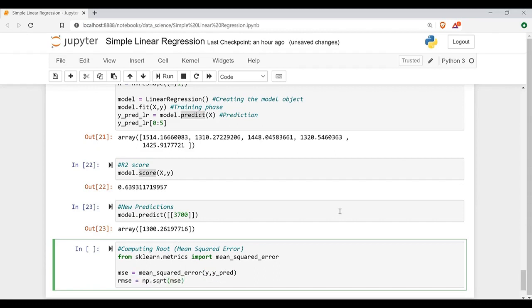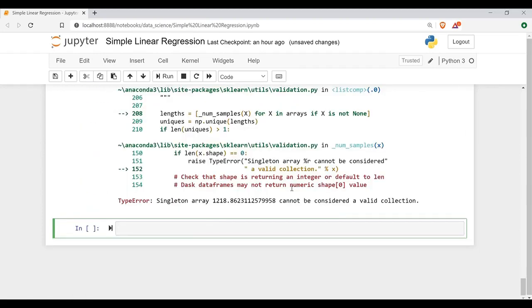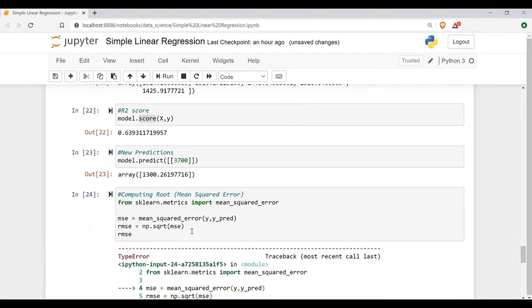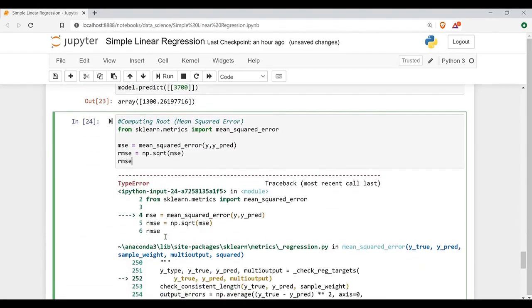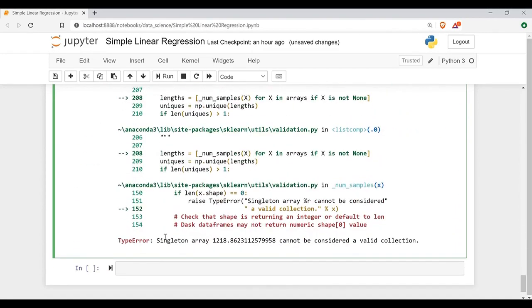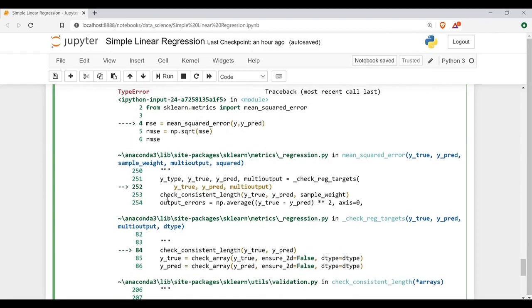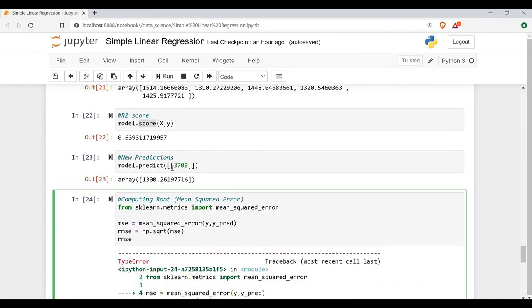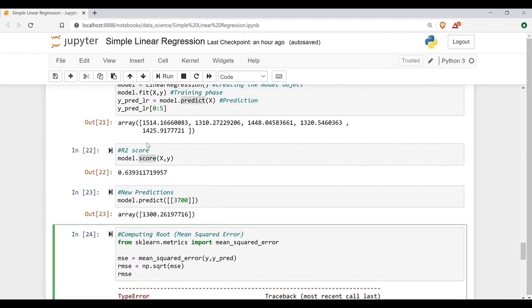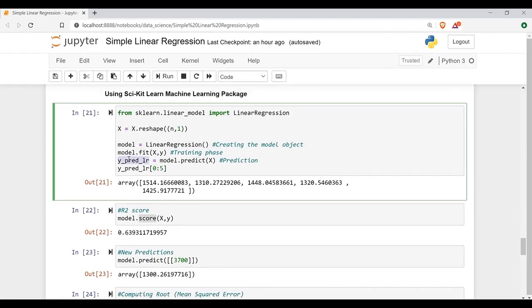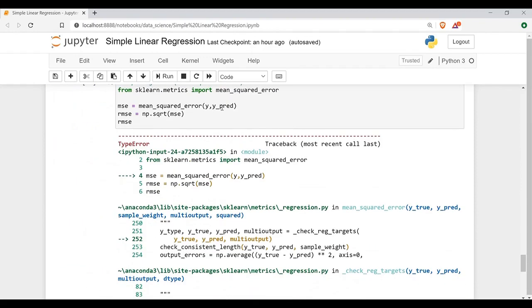Whatever MSE is, the sqrt of that would be RMSE. We can check the RMSE and print it here. Just a second, some errors are there. Okay, here actually it is ypred LR, so I have to pass ypred LR.